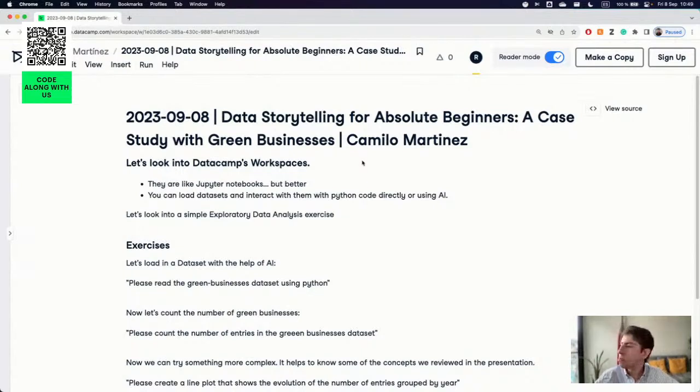But this basically means a kind of canvas where you can put both text, or comments, or whatever you would like to create paragraphs of or add context about the code that you are implementing, and also code to create your analysis. So, for example, here,